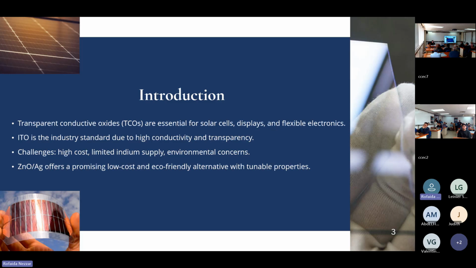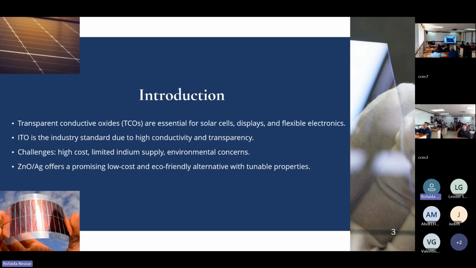However, it is worth mentioning that indium tin oxide faces numerous challenges such as high costs, the limited availability of indium, and the restriction of flexibility due to the mechanical brittleness of indium as well. Besides the environmental concerns, so how can we address these issues? A lot of researchers have turned to zinc oxide because it is low cost, abundant, and a non-toxic